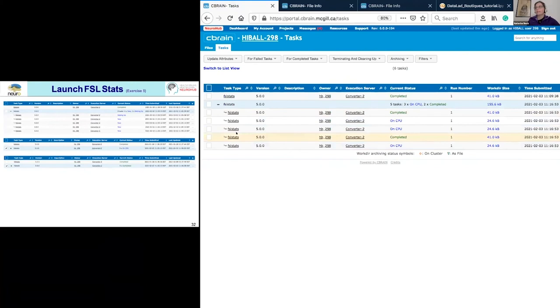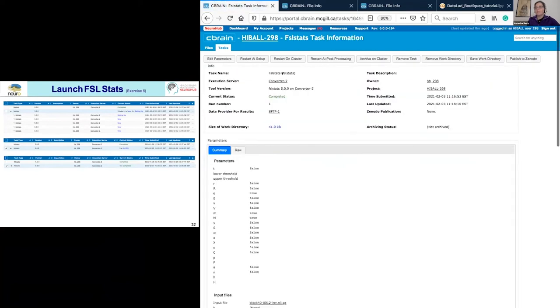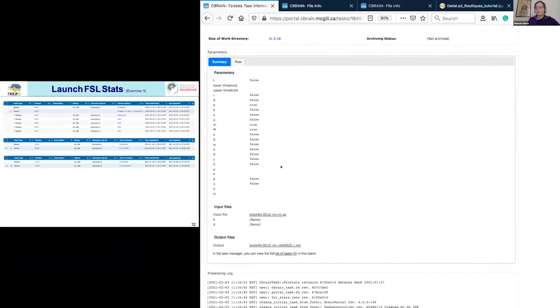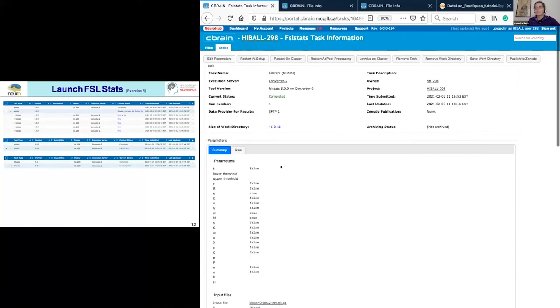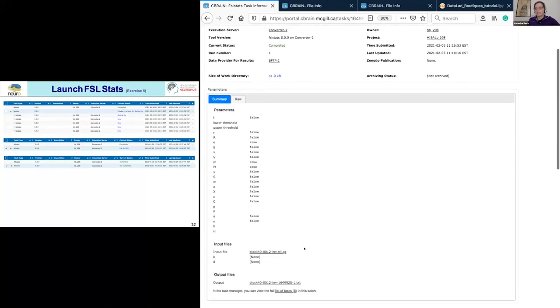So as you can see, I have 2 of 5 that are already finished. So I can click on it, and same here, you will have the same information you just saw before. This is really handy because if you want to launch this specific task on all the BigBrain data sets, on all the blocks, you will be able to do it with only one file, that is the CBCSV file that you selected at the beginning. You didn't see it because, as I said, it will create 5 different tasks with 5 different input files that is generated automatically.